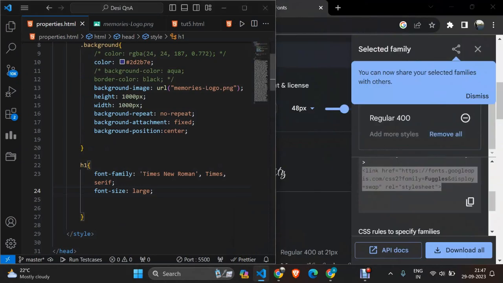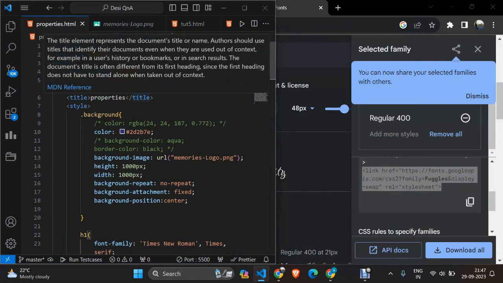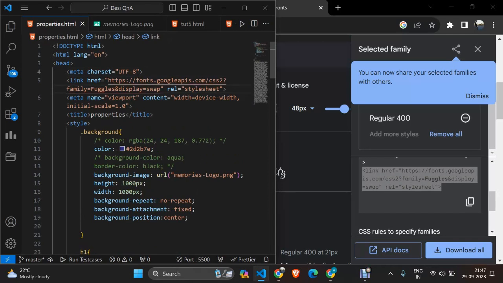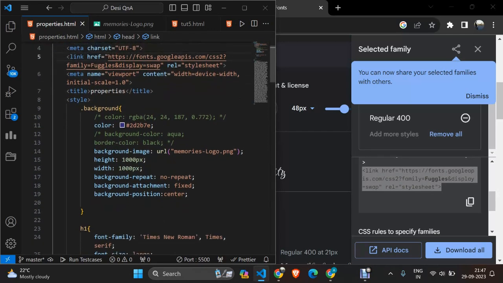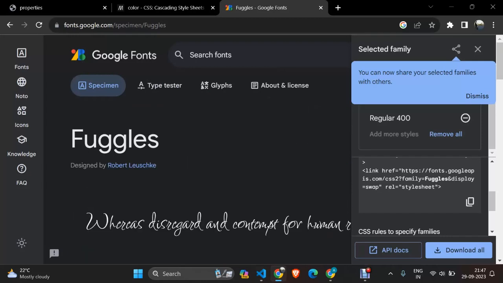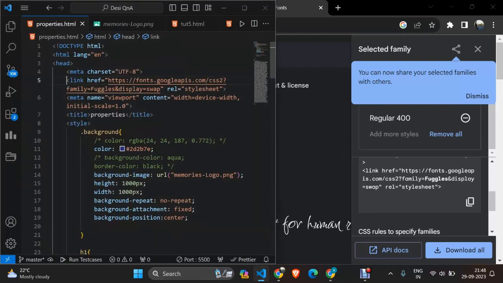and come to your VS Code, and you have to paste it here after meta. Let's paste it after meta. You have to use this link before your style sheet, because the browser should load this font before it loads your style. So for that reason we have this, and the next thing we have to do is copy the font name. We will copy this